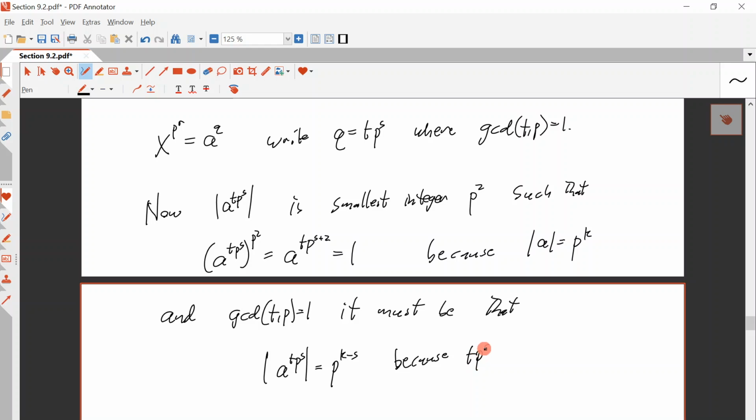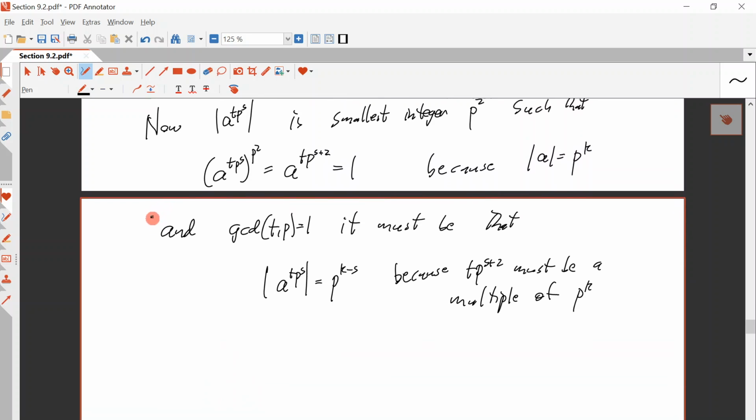T to the p s plus z must be a multiple of p to the k. Well, again, there's no p's in t. T is relatively prime to p. So you just have to throw in as many factors of p as you need, and that's k minus s, right? P to the k minus s. Okay. So now